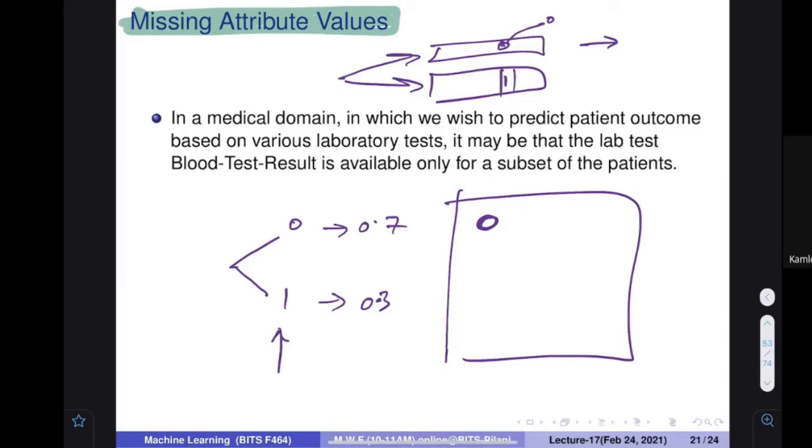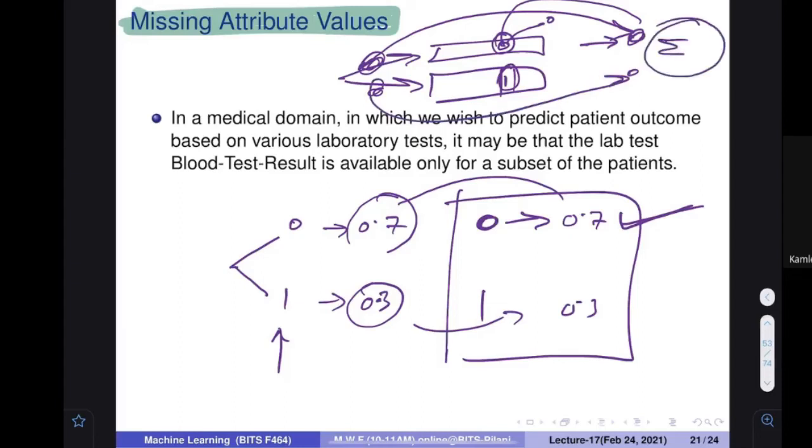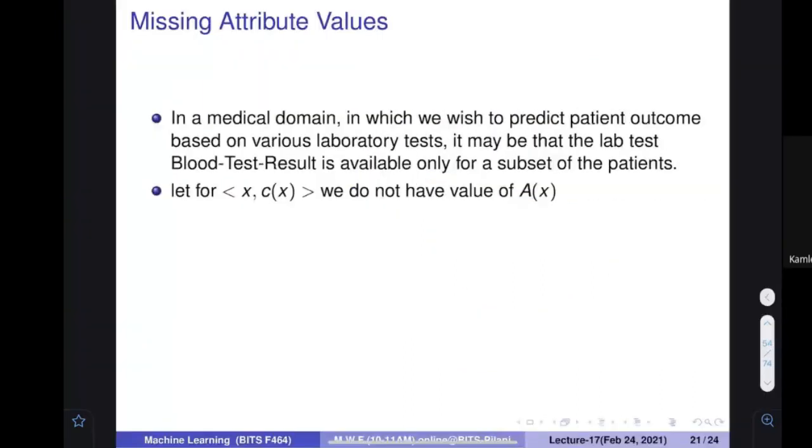If the classification is 1, you say that because it was 0, the weight is only 0.7. With the 0.7 it is 0. With the 0.3 it is 1. So it looks like the item should be 0. For all the possible values, you fill these values at this particular place, find out what the classification is, and attach this probability to this classification, then find the summation for all the available labels and give me the label that maximizes the value. Make sense?